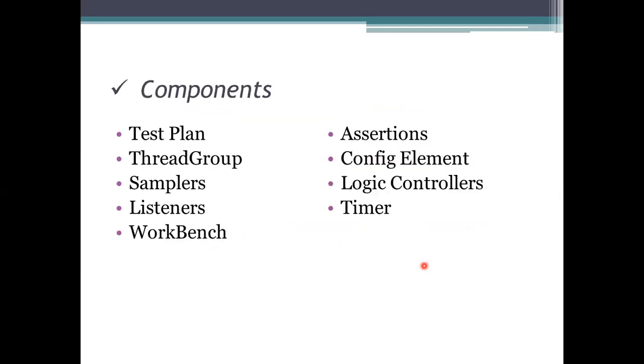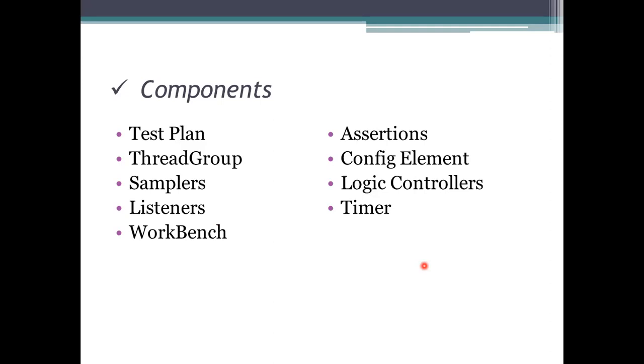And coming to the components of JMeter, the first component here is the test plan. We need to write a test plan here. A test plan can be a container which is used for running the test. What we need to test, how we are going to test it, and the information about it, all these things have to be known in this test plan.